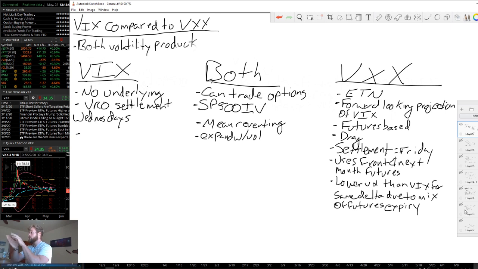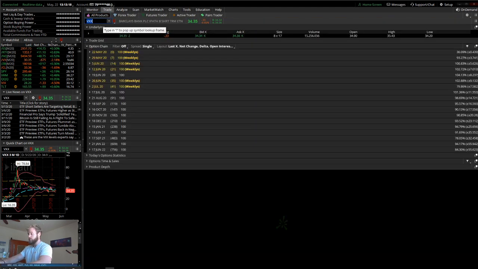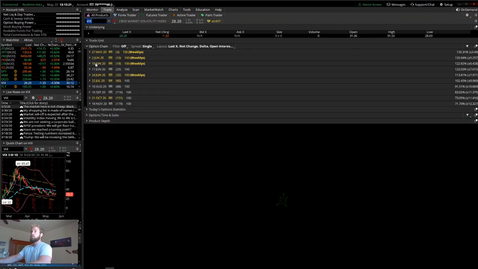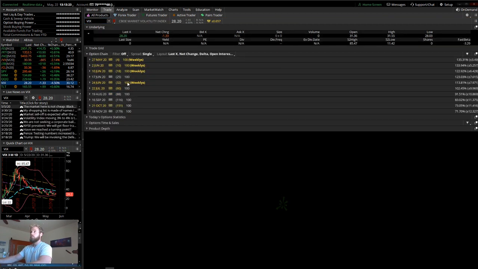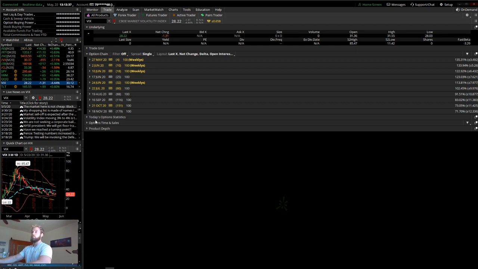So now let's shift over to some traits that are specific to the VIX. The VIX has no underlying. What that means is there's no stock. You can't trade the VIX itself. And I can show you this because if I pull up the VIX, there are options, but notice how there's no bid, there's no ask, there's no size, there's no volume. There's no underlying here. The only thing the VIX does is track the S&P 500 implied volatility, and we can